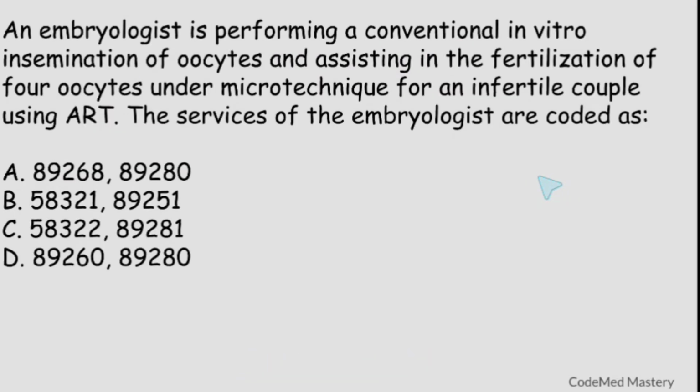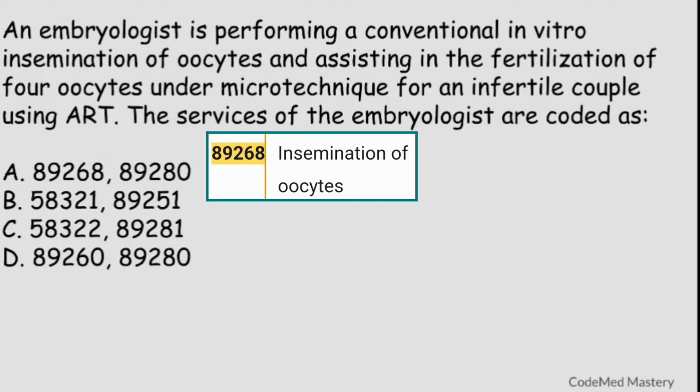Next question. An embryologist is performing a conventional in vitro insemination of oocytes and assisting in the fertilization of 4 oocytes under micro technique for an infertile couple using ART. The services of embryologist are coded as option A 89268 is for insemination of oocytes. In this scenario, they have mentioned